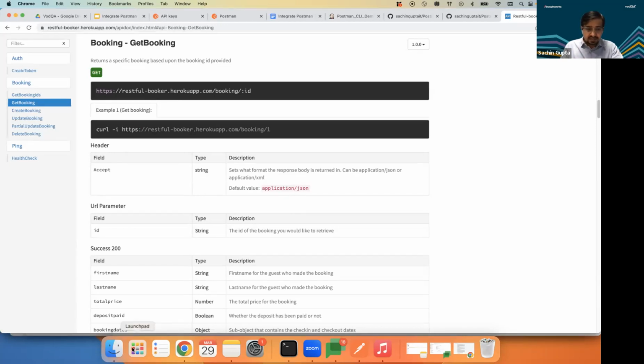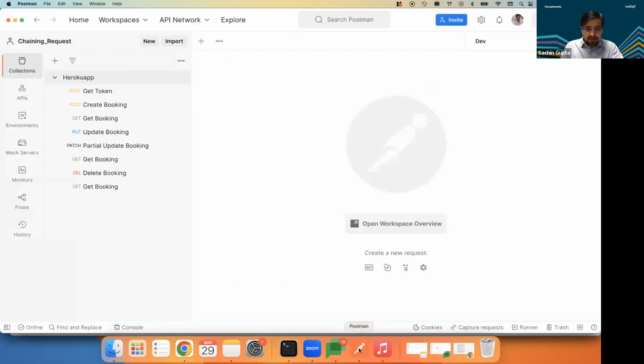So now let's see, I am going to open Postman. Let me quickly walk you through Postman. On the top left-hand side, you can see there's a collection. This is an API; here you can keep all the APIs. This is an environment; you can create multiple environments. This is a mock server; you can create a mock server like a third party if you want to mock anything. And this is called monitors, where you can